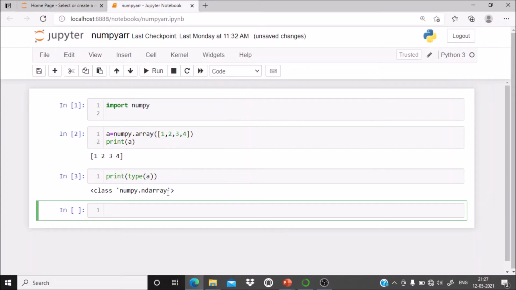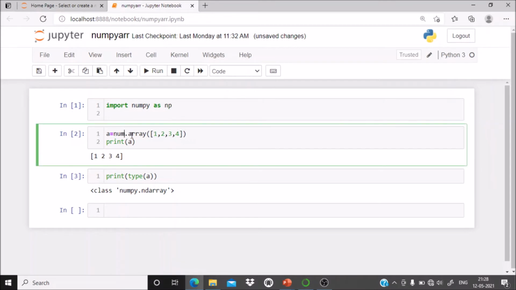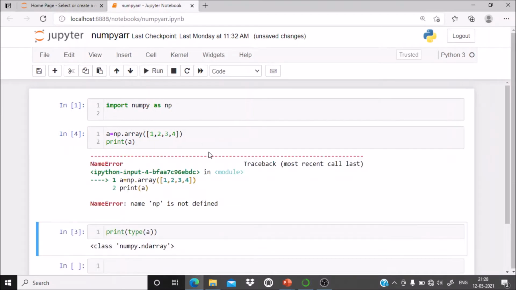Now see here, we have imported NumPy, but many times if you want to use it multiple times in the same program, then you have to write numpy dot the method. Instead of that, you can use an alias: import numpy as np, so that in future, instead of numpy you can use np, and in the program you can write np.array, and it will work.